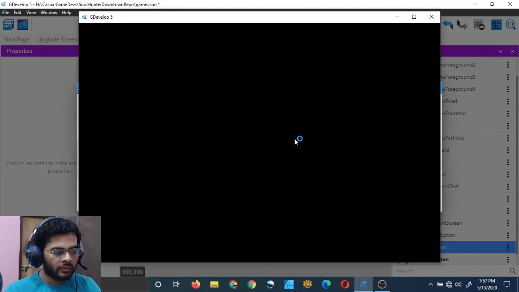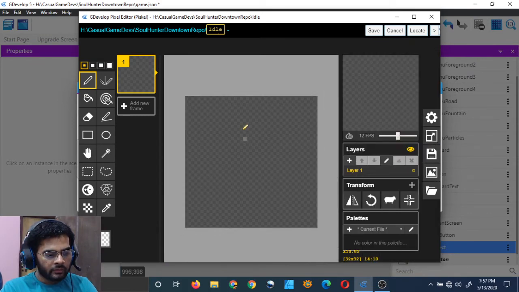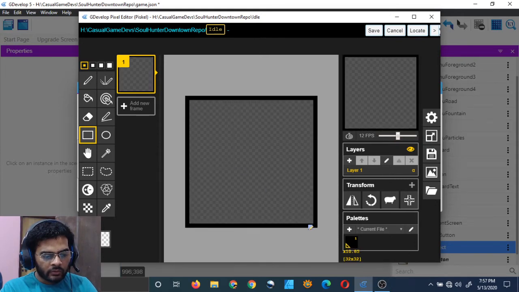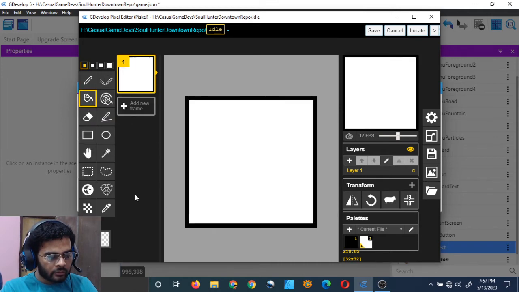Edit with Piskel. Resize for easy editing, and just make it very simple, nothing fancy. Just put white color here, and what symbol should I, oh, I should put an arrow symbol, right, because we are upgrading.